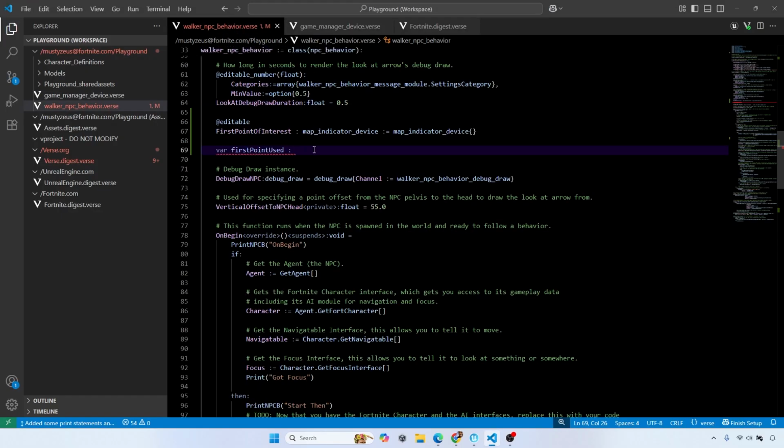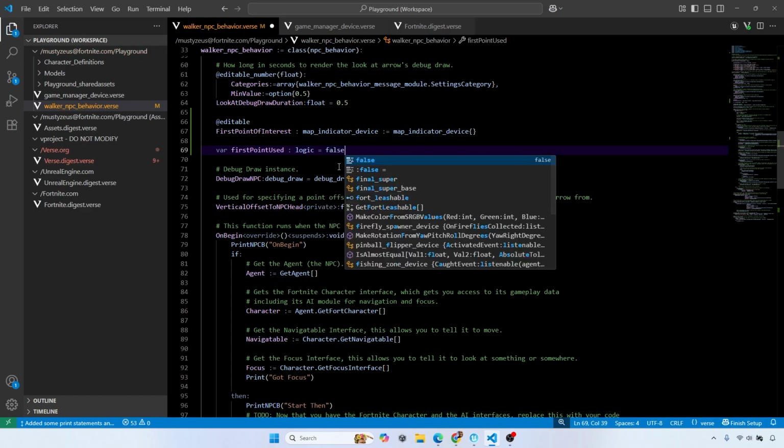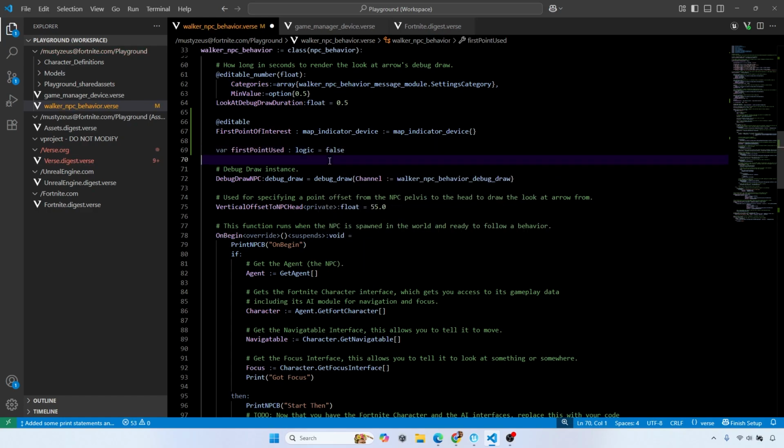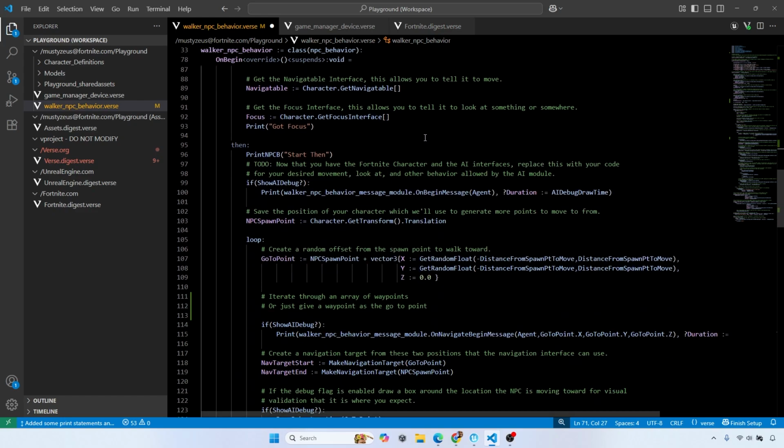So go back here. The type is logic, and then the value would be false to get started. And I want to put a semicolon so bad, but that's not what we do in Verse. And then, okay, so that's set to false. And then what we'll do here is